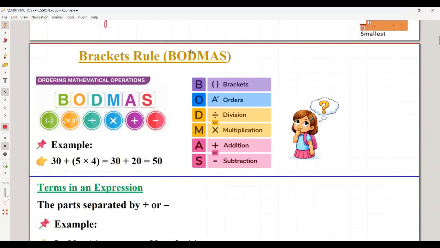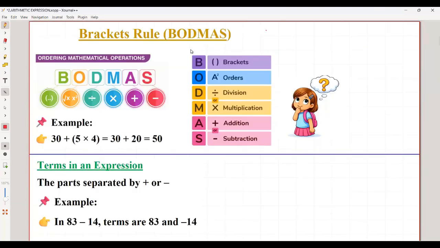The bracket rule, or we can say the BODMAS rule, is used for solving any kind of arithmetic expression. What is the BODMAS rule? I'll explain it. BODMAS stands for: B stands for bracket, and order is nothing but